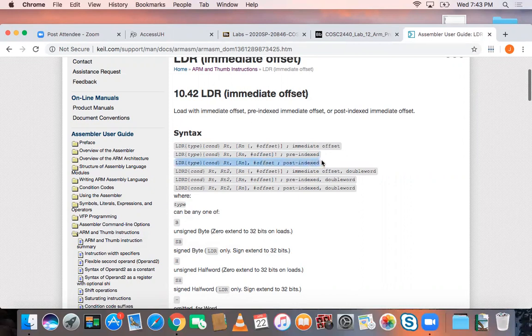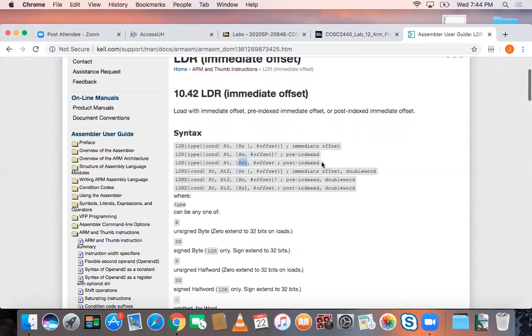I'll put this on YouTube and you can rewind as many times as you want. Basically what it's doing is taking the array pointer, wherever you initially loaded it in,